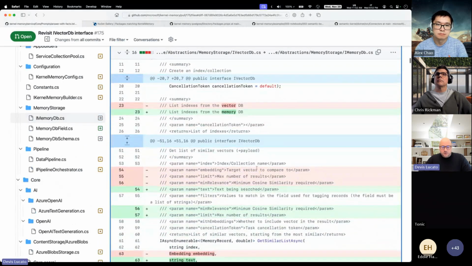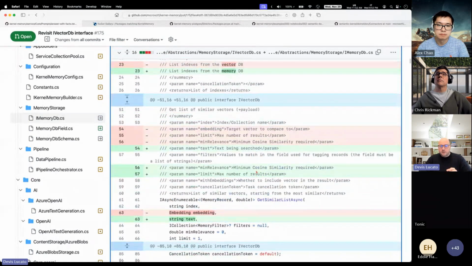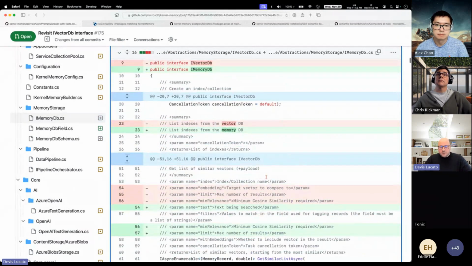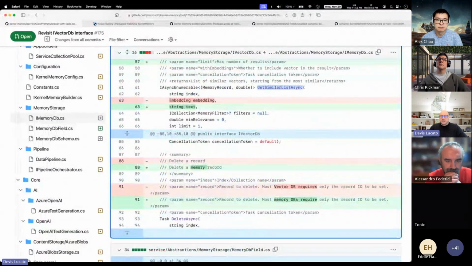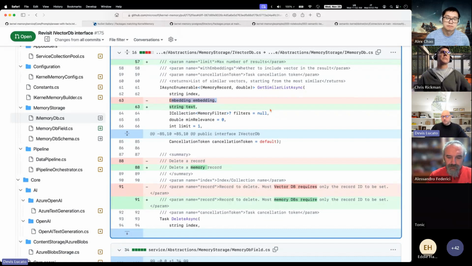When you implement your memory connector like Postgres, Elasticsearch, or Azure AI Search, your search method now doesn't require an embedding as input, but will receive the user text. Now it's up to you to decide what to do with the text. You might want to calculate the embedding locally in your class, or you might want to pass the text to your database, like Azure AI Search, and let it do all the work internally. This works also with ChromaDB. You can optionally configure ChromaDB to automatically do the embedding internally for you, which is nice. You don't have to worry about the complexity.